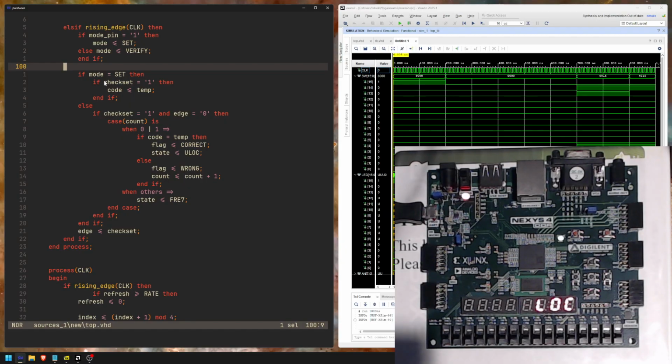So if it's in set mode, it's really easy. Nothing happens if check set is equal to 0, but if check set is equal to 1, then we move whatever the value is in temp into the code. And then if check set is equal to 1 and the edge is 0, and also implicitly because it's the else statement, we're in verify mode,